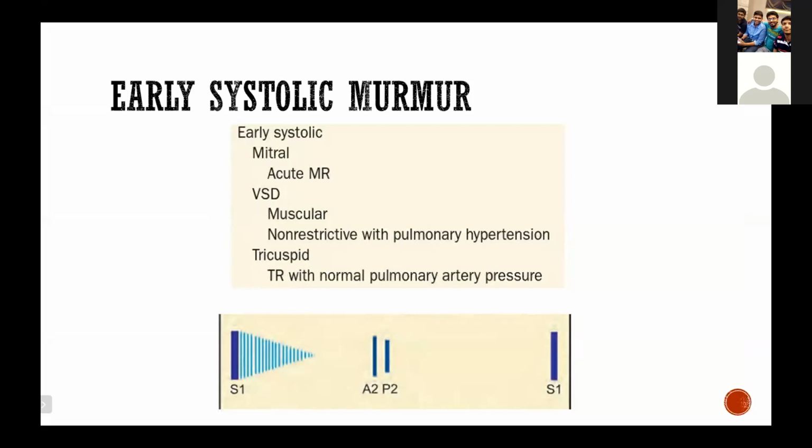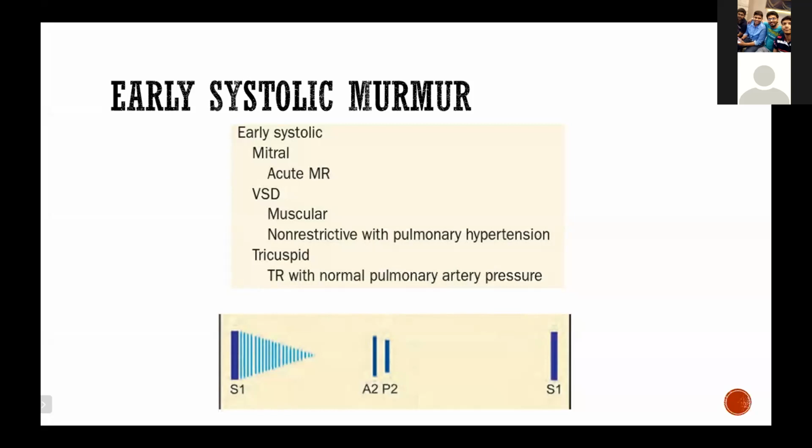then it's not present? So the reason for this is that acute MR is an acute condition. So the atria are not yet compliant to receive that large amount of blood which is regurgitating from the ventricle. So you basically have a non-compliant left atrium. And into this non-compliant left atrium, a large amount of blood is entering. And since the atrium is not compliant, its volume will not increase with increasing blood. Therefore, the pressure will increase fast. The pressure between the left ventricle and the left atrium will equalize faster.